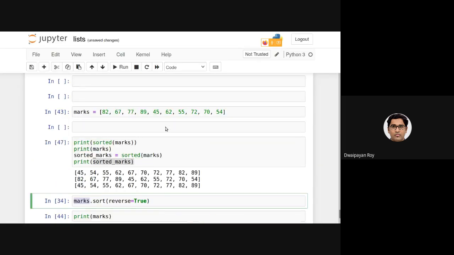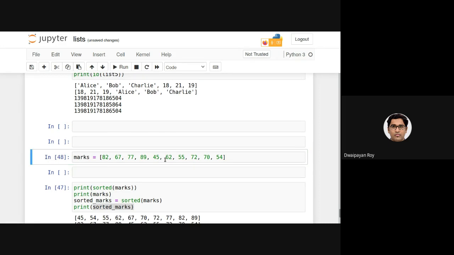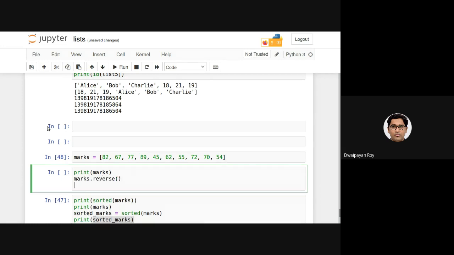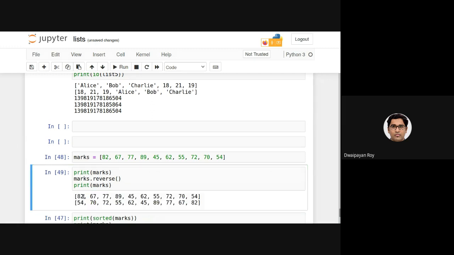Now again, if I look at this, we have this print marks, and then if I call this reverse function on this marks, and then if I print marks, as you can see, the initial list was this, and after calling reverse, it has become the exact reverse, 54, 70.